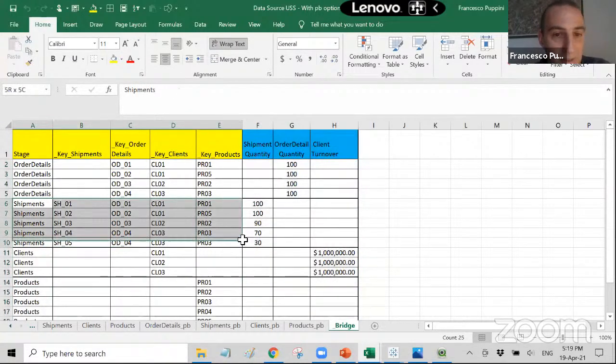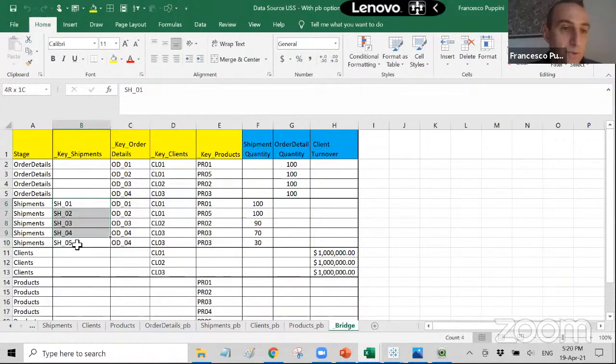This is interesting. The stage of shipments. It has 5 rows, exactly like the shipments table has 5 rows, and it's all populated. So this is what I call a lion, the king of the jungle. So it is basically a table that is hunting all the other tables, but it's not hunted by any other table. So in this data set, there is no table that contains a foreign key that points to this one. That's why I call it the lion.